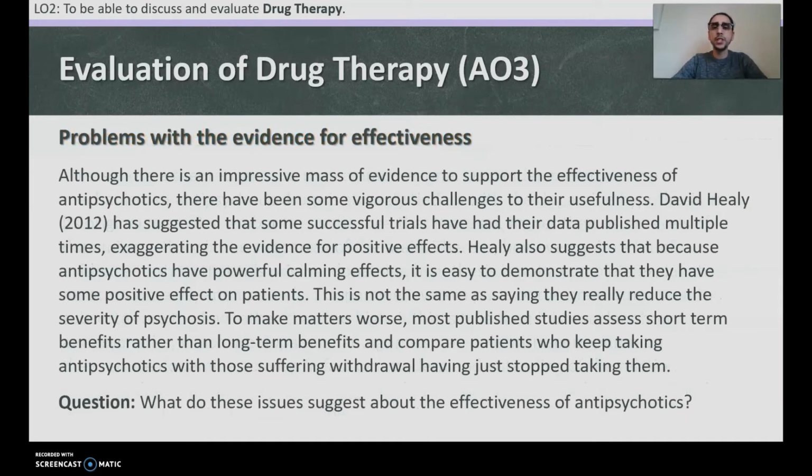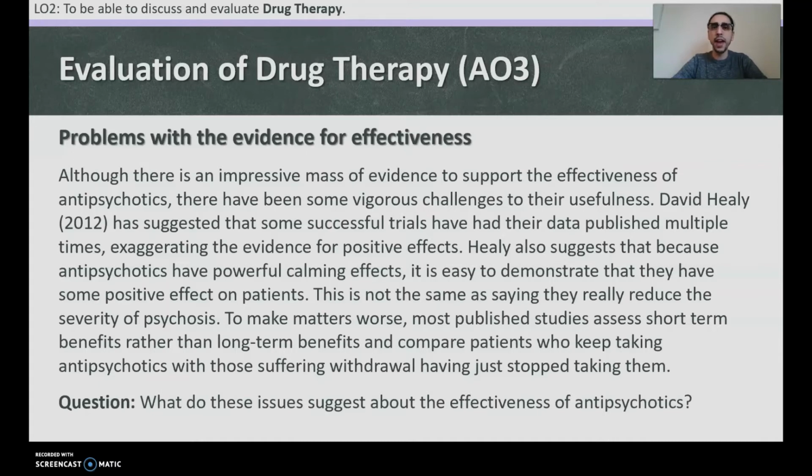Problems with the evidence for effectiveness. As we saw as our first point, there is lots of evidence for the effectiveness of antipsychotic medication. Although there is an impressive mass of evidence to support the effectiveness of antipsychotics, there have been some vigorous challenges to their usefulness. David Healy has suggested that some successful trials have had their data published multiple times, exaggerating the